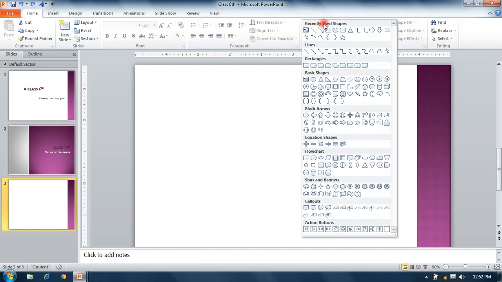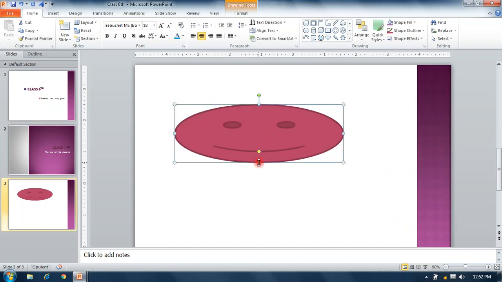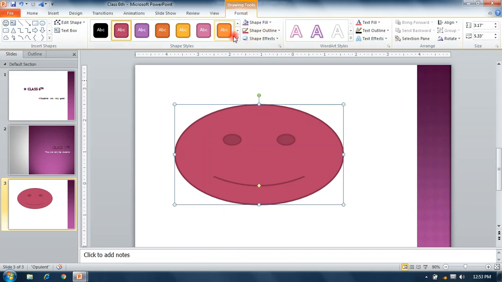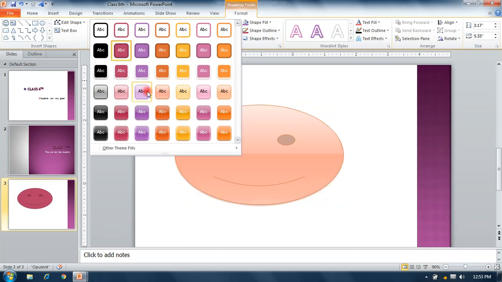This option is smart shapes, which we can choose, select and insert in our presentation. When we select a shape, the format option is also displayed, and now we can change the format from here.